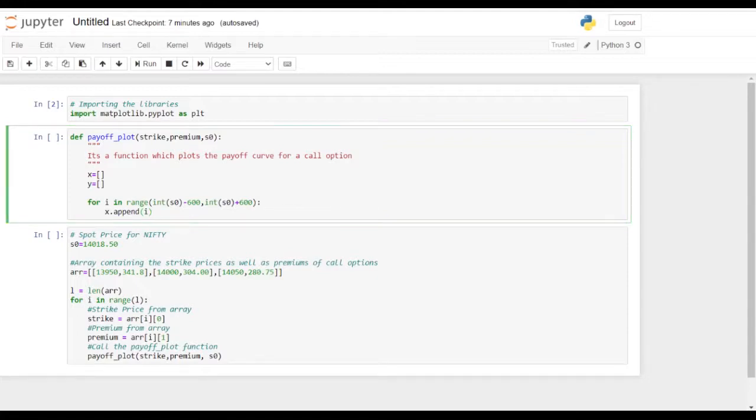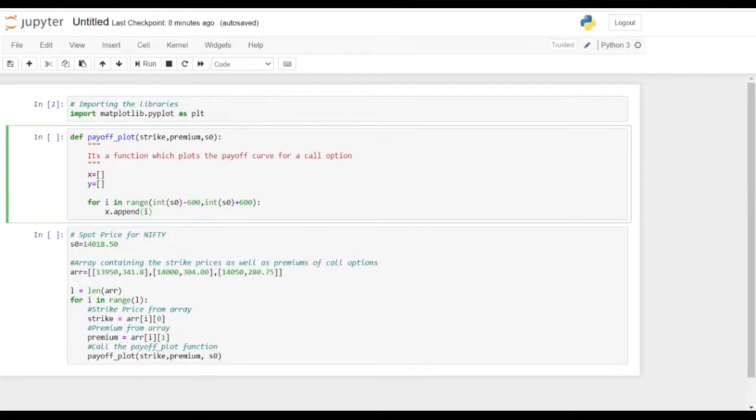to find the exact P&L for your trade, right? So what we want to do is, for every price, because we don't know the stock price at expiry, we want to consider a situation. So in that situation, I'm just taking an interval of the current stock price minus 600 to current stock price plus 600. In that interval, I'll iterate over every price with an increment of 1. And that will help me to set the x-axis on my payoff plot.